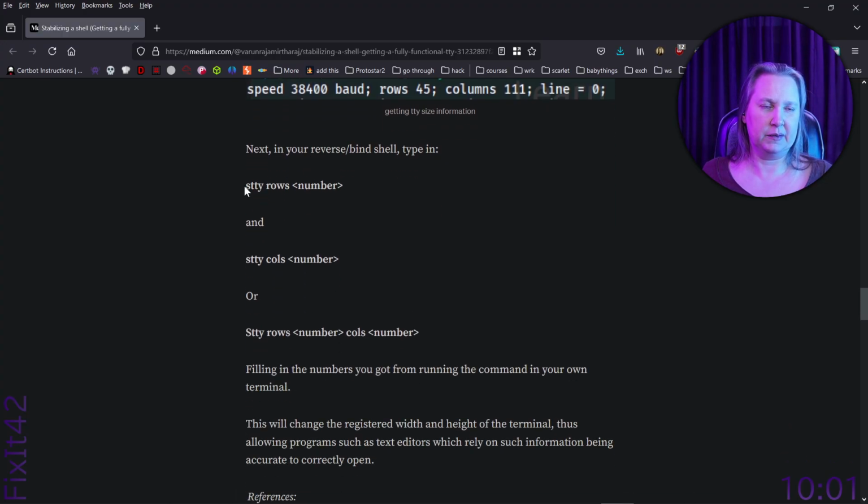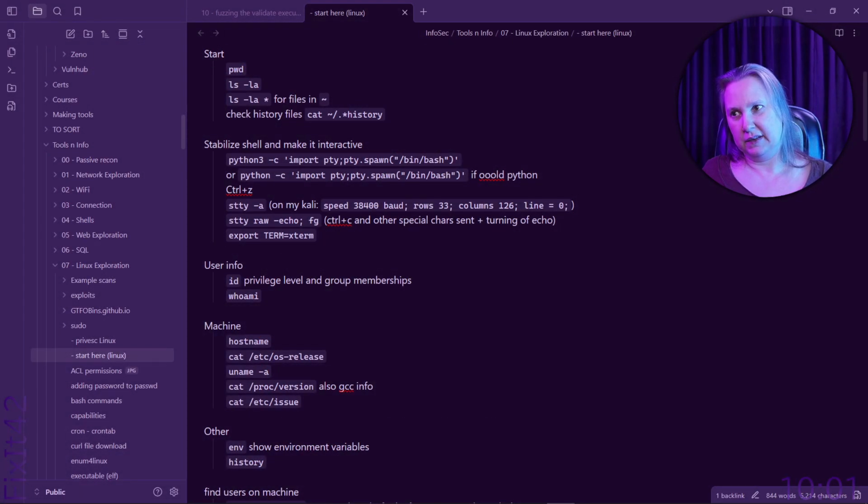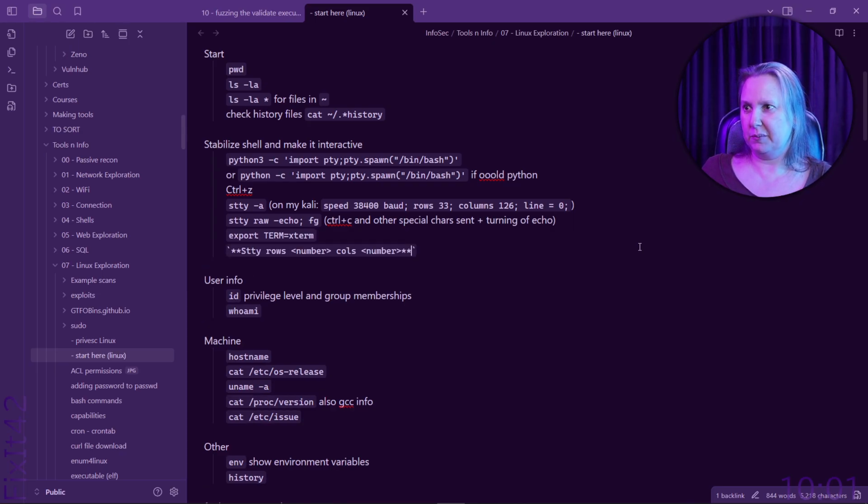Next, in your reverse shell, type stty rows and stty cols, or stty rows cols. So this line will be in our netcat session, meaning we can't use history, right? And we need it here at the end when we're back here. Stty rows cols. So I'm assuming this is a typo too. To make it easier for myself next time, I'm gonna copy this into my Kali column, and paste it with the numbers from up there. Rows are 33 and cols are,